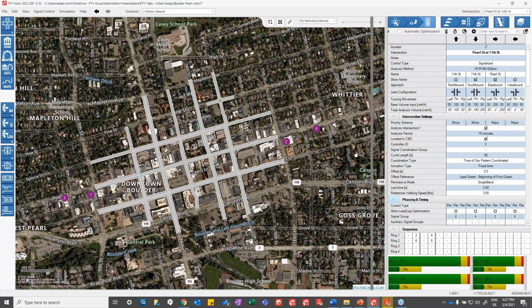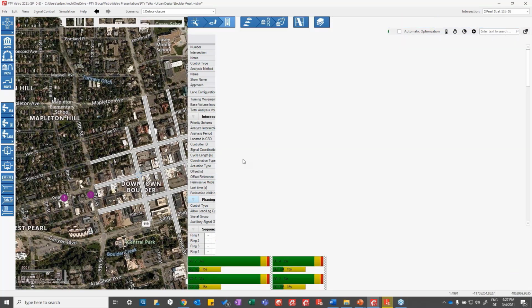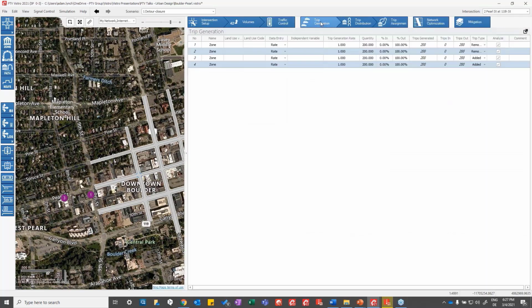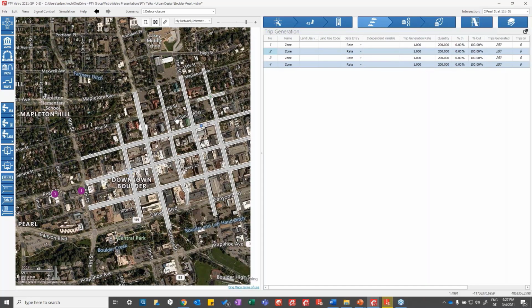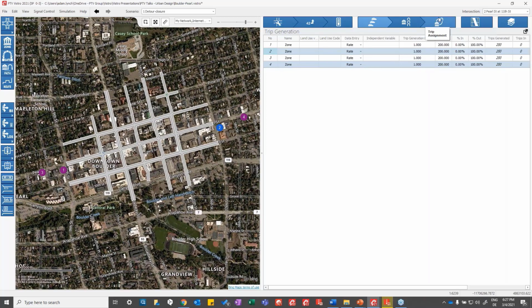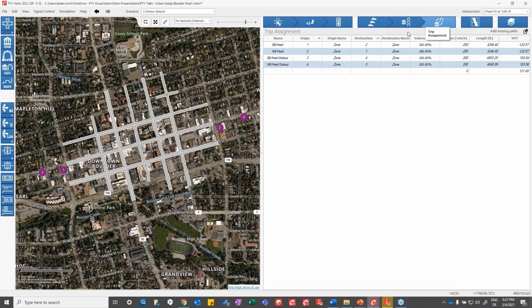And if we pull out the trip generation workflow, which is right here, you can see that zone 1 and zone 2 on the other side are labeled as remove, and they're going to remove 200 vehicles. And zones 3 and 4 are labeled as add, and they're going to add back the 200 vehicles to the network. And when you look at the trip assignment tabs for this example, which is right here, the trip assignment workflow,